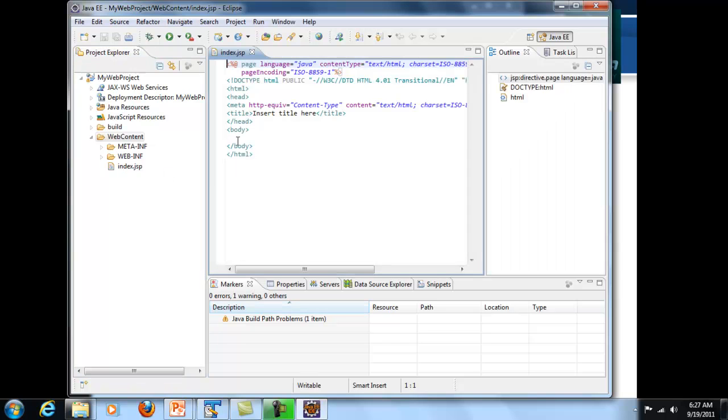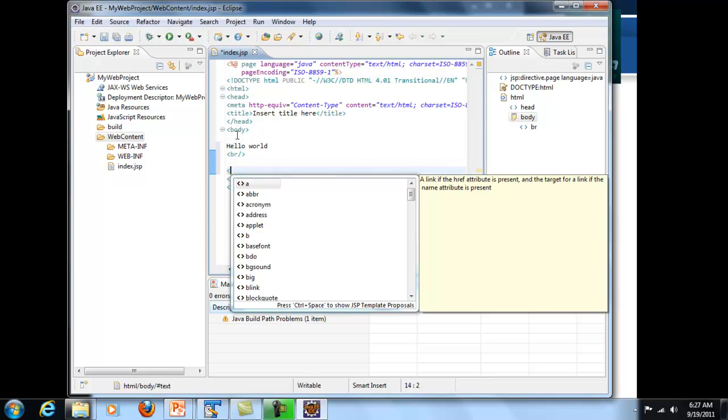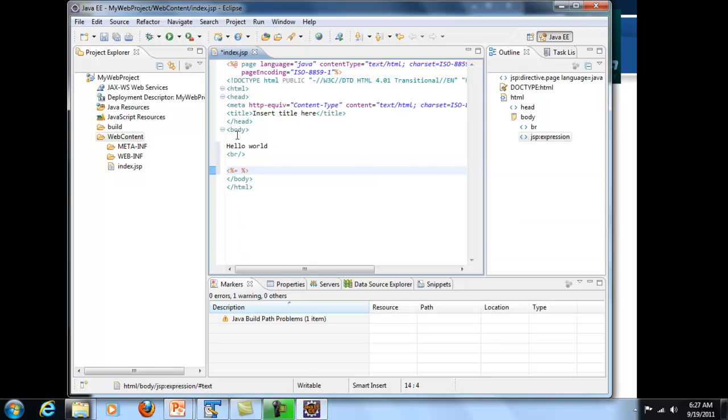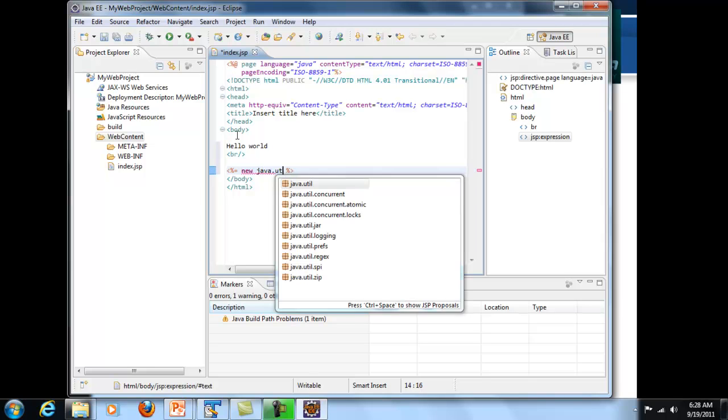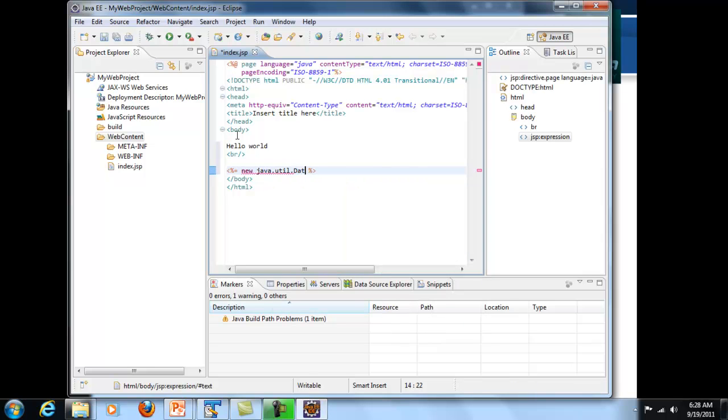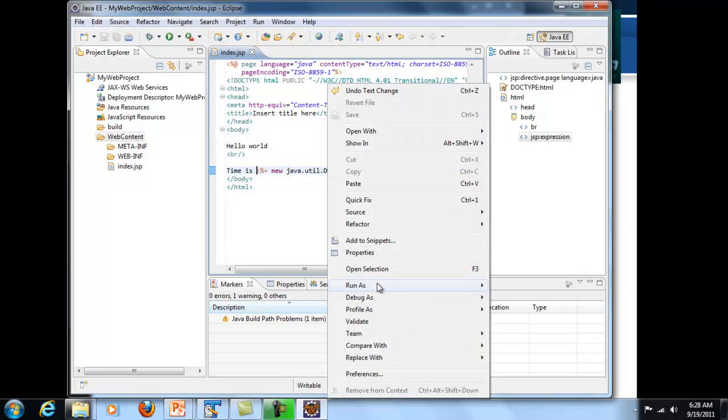and it will open index.jsp, and I'll say hello world, and I'll put the current time here, and I'll be putting new java.util.Date, and time is okay. I'm going to save it, and to run this I'll right click and set it as run on server,